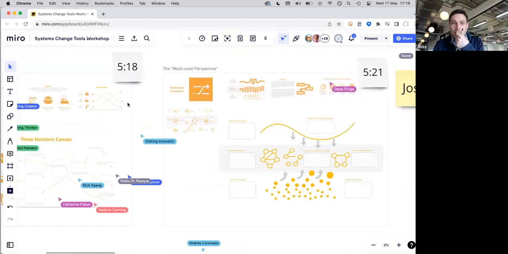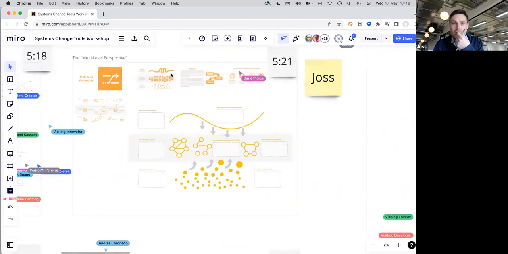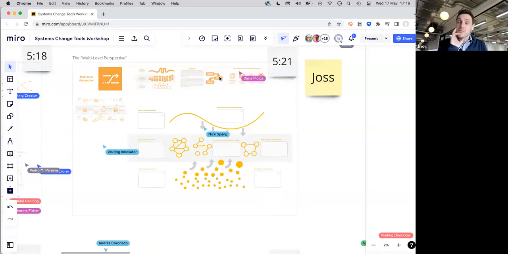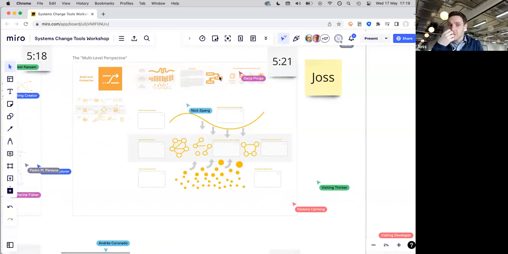We'll keep going. This one here is the multi-level perspective. If you have any quick questions, I could maybe answer those, or are we okay at the moment? Yeah, looks like we're okay. Okay, I'll keep going. Multi-level perspective, another prominent framework used by researchers to understand